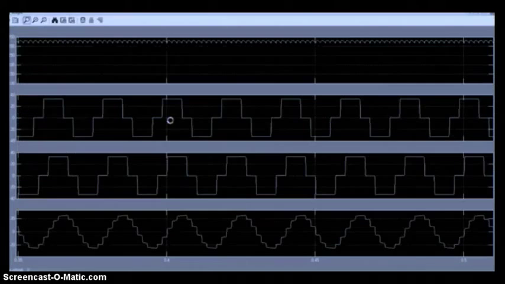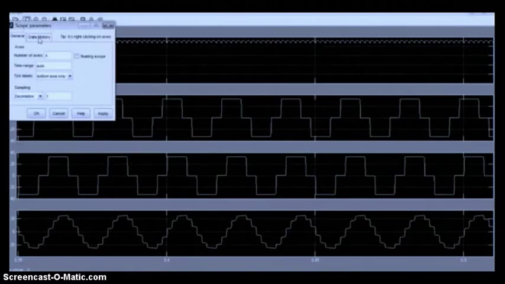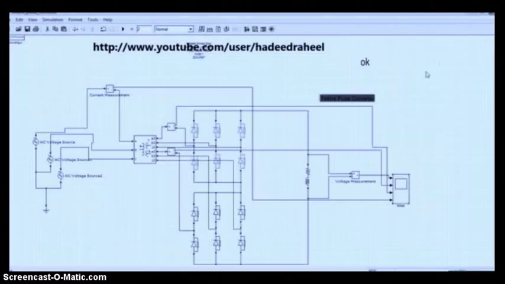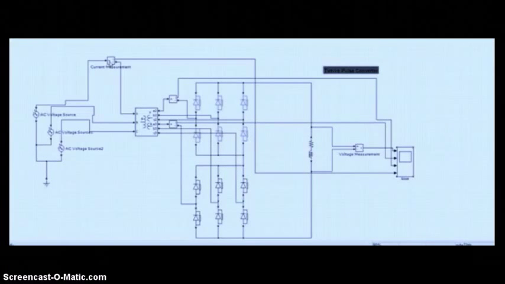If you double click on this scope, you can see here that I have checked this choice, which is save data to workspace, because I also want to measure the total harmonic distortion of the input current, because earlier we have claimed that this type of rectifier provides a low THD as compared to the conventional 3-phase full bridge rectifiers or conventional single-phase full bridge or half bridge rectifiers.